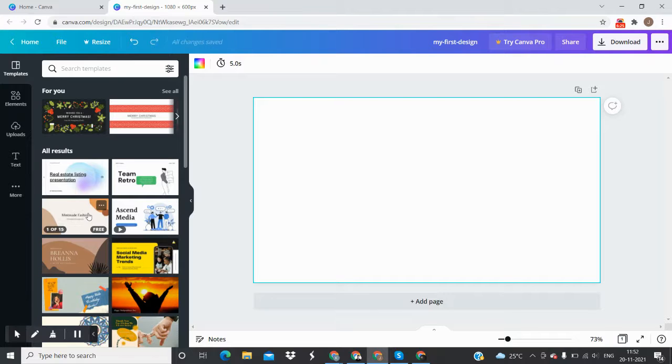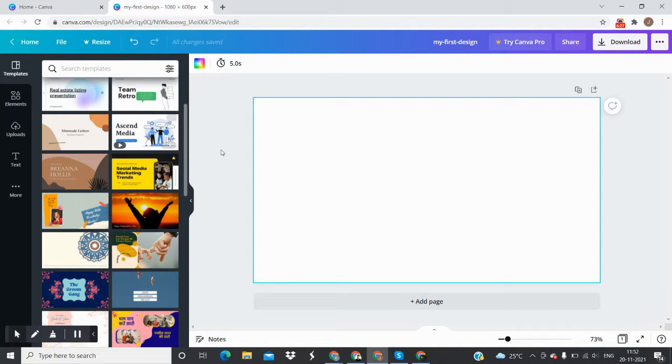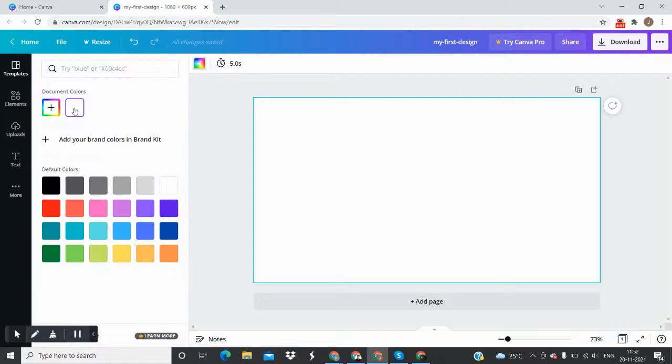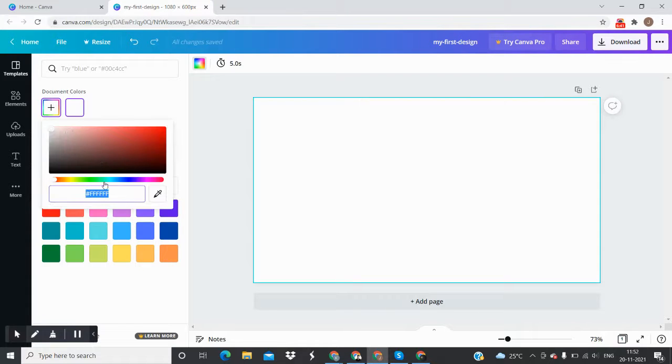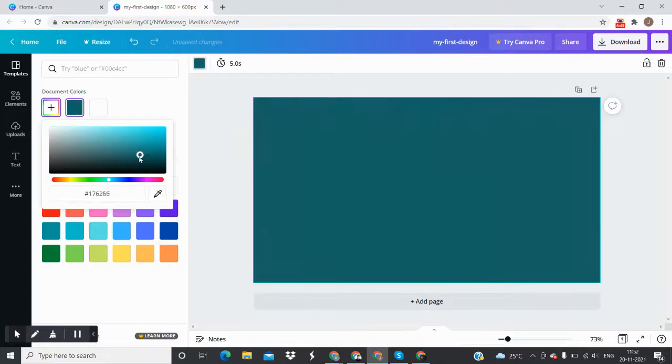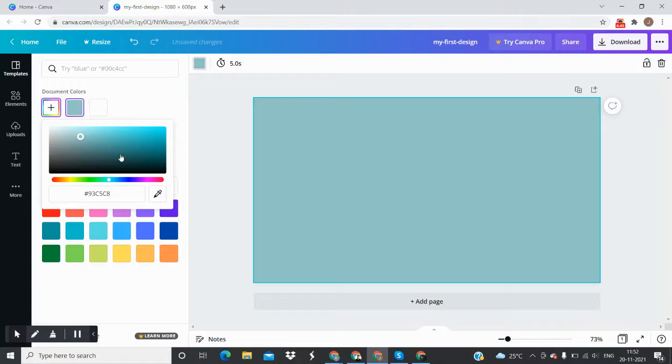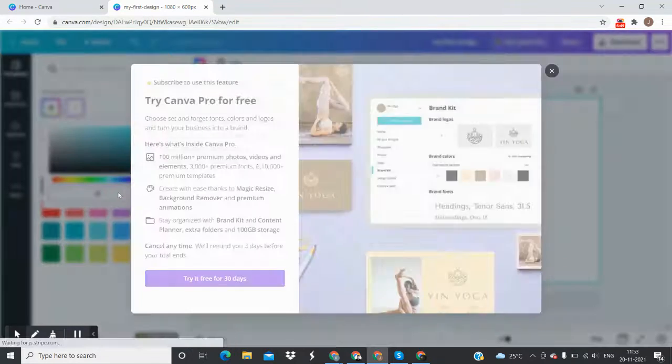Suppose you want to design something like this, right? So what we will do is we will first give it a background color. So you can just click on this page and here, and then you can choose color from here. There are default colors, and if you have any particular color, you can choose it from here. Okay, and if you know the code of that color, you can just simply type